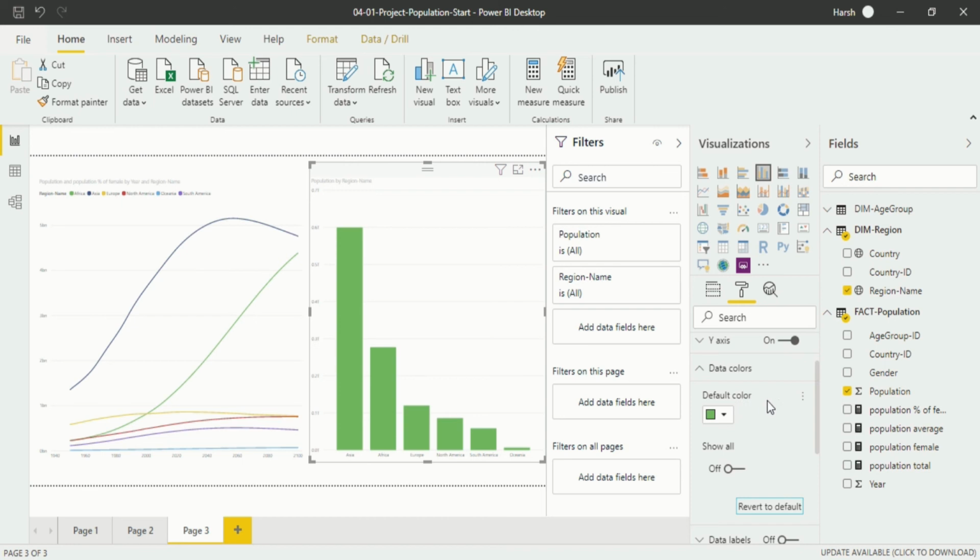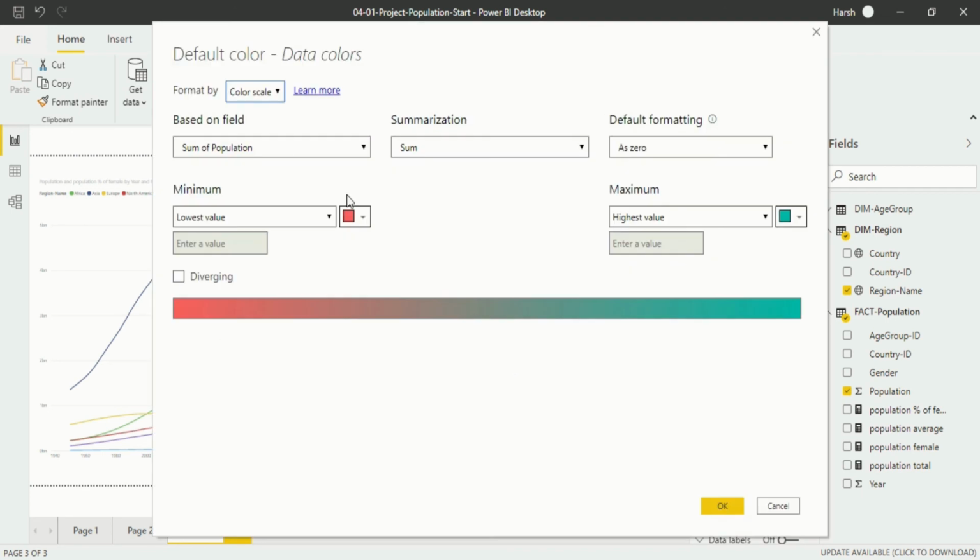So in default color, when you go in front of it, you will see a feature, that is three points, available in here. When you click on it, you will see an option that is conditional formatting. I've already told you this is the only feature through which you can change the color according to your desire, that is according to the sum or anything you want. So when I click on it, there is one box that opens up and looks like this. So this is how you will change the data colors automatically.